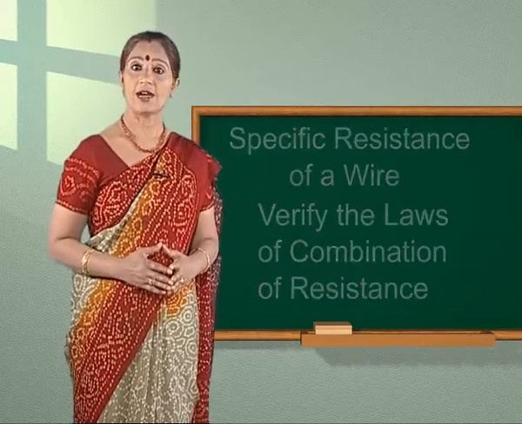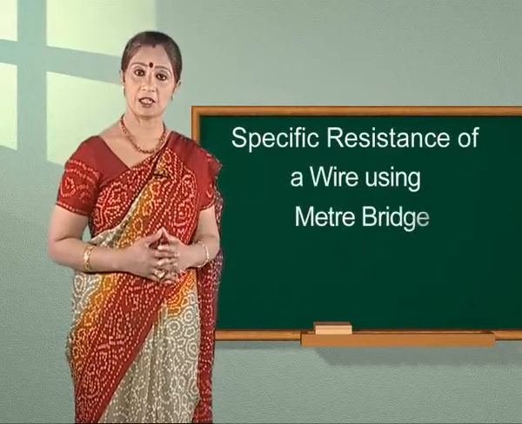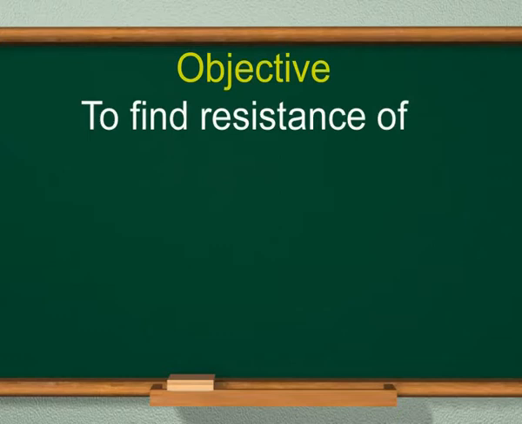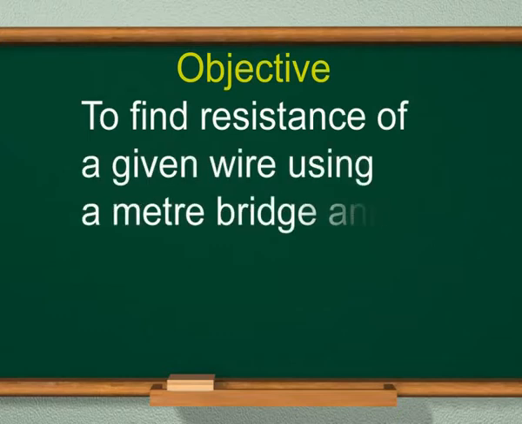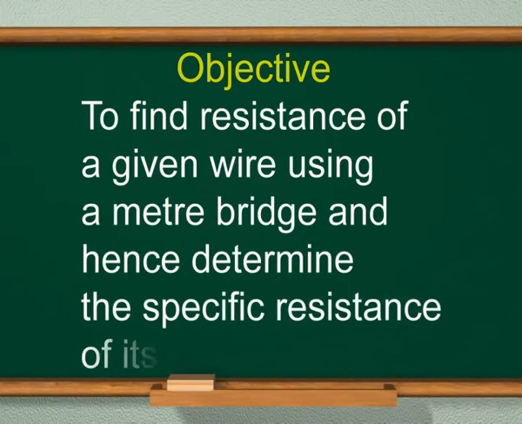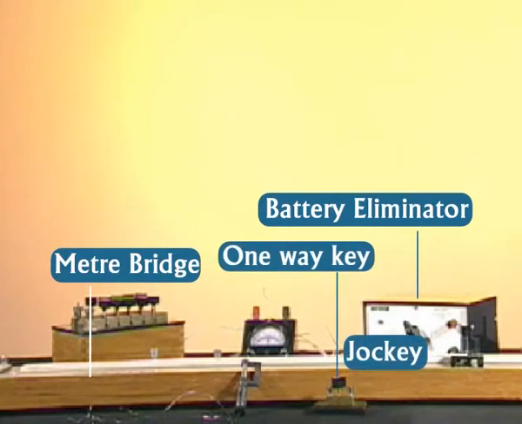First of all, let us find out the specific resistance of a wire using a meter bridge. The objective of the experiment is to find the resistance of a given wire using a meter bridge and hence determine the specific resistance of its material. Apparatus required for the experiment are meter bridge, battery eliminator, jockey, one-way key,